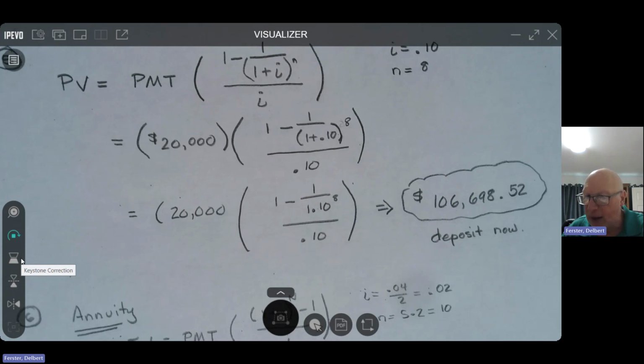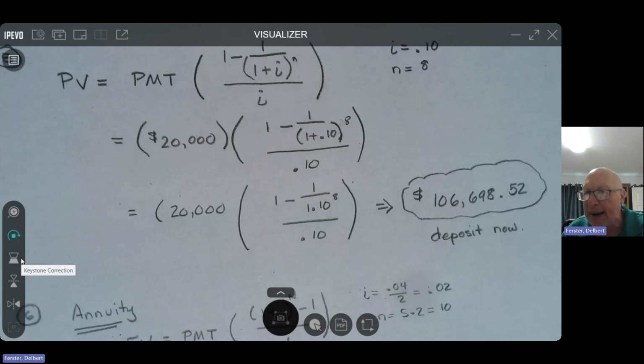And we will find out at the end of all those calculator punches that he has to deposit $106,698.52, and that would facilitate being able to pull back $20,000 per year over a span of 8 years if you were able to get a 10% annual interest rate. So problem 5 sets up. Your final answer is go ahead, deposit right now